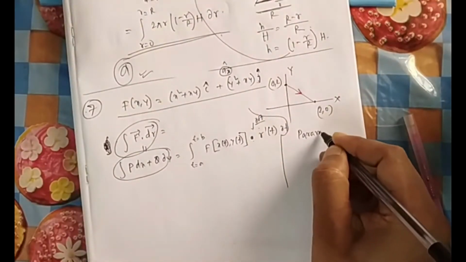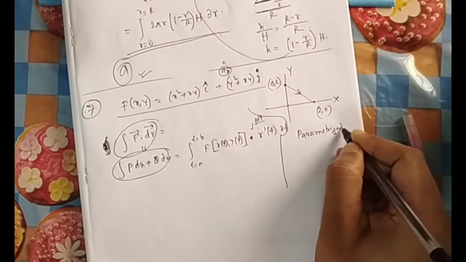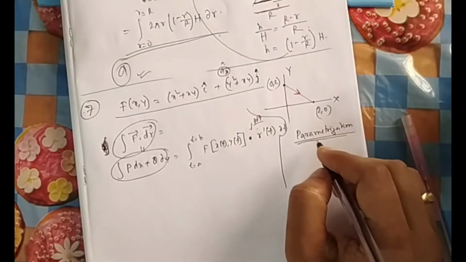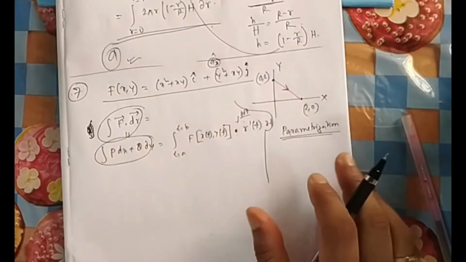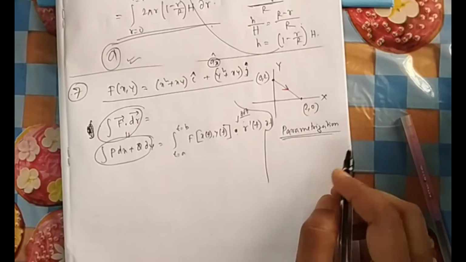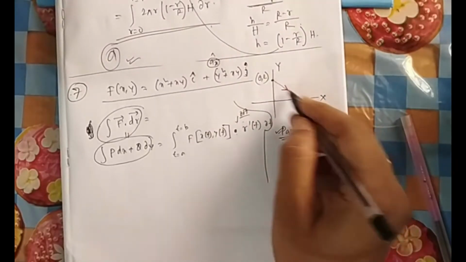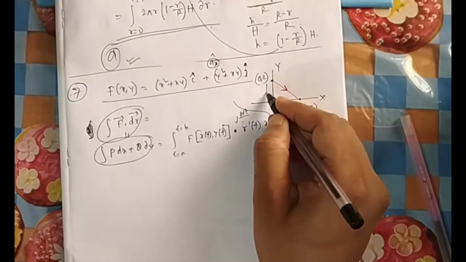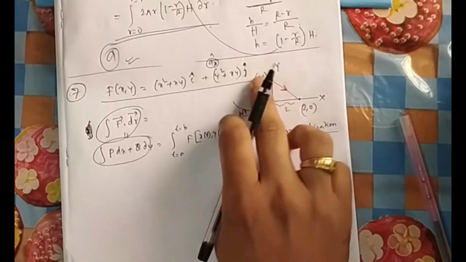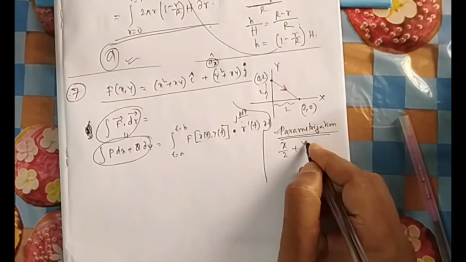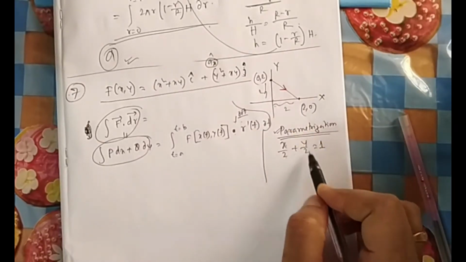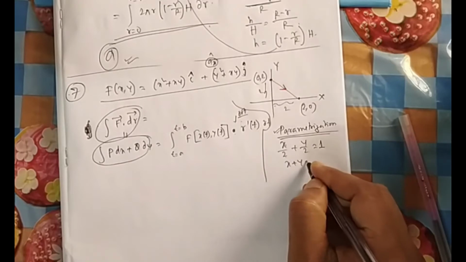Parameterization of this is the first job of line integral. If I go this way, believe me, this parametric form is easy for line integral, and it remains general for any type of line integral. You can apply this one, so in this way it will be easy for you to do. So parameterization: this is a straight line. What is the equation of the straight line? This intercept is 2, this intercept is 2. There are so many ways you can calculate, using intercept form, slope form, or two-point form. Let me write the intercept form: x/2 + y/2 = 1. That is x/a + y/b = 1. So x + y = 2.